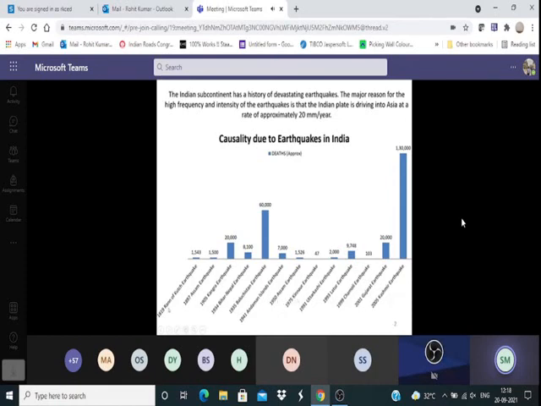If you start in the last century, Rann of Kutch, more than 1,000 casualties. It's only because at that time the population was very less. In 2005, the Kashmir earthquake,